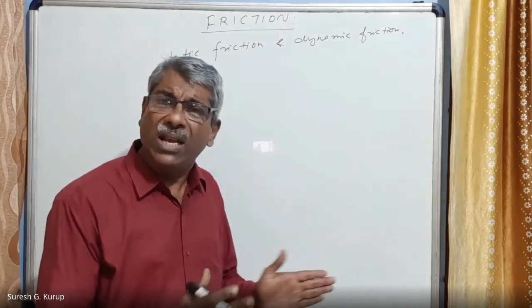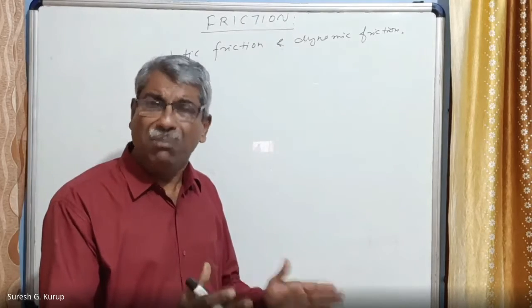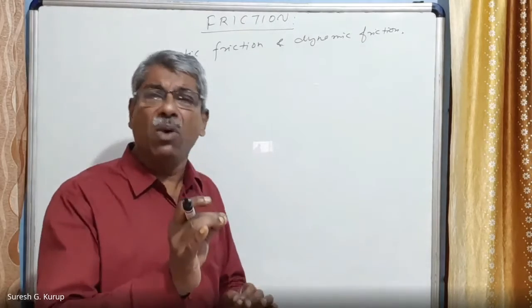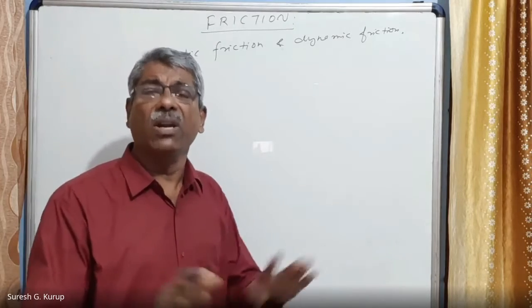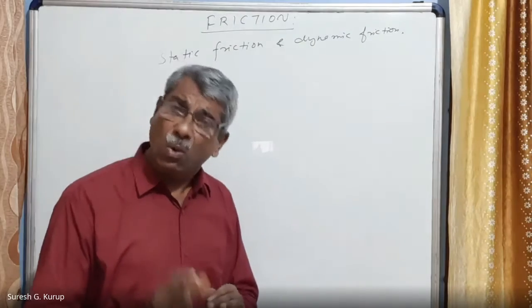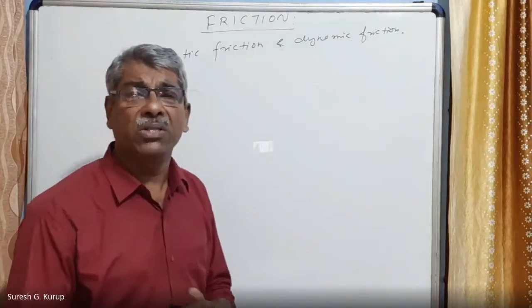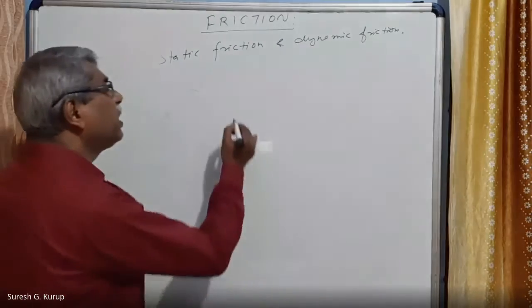Static friction means any value between the maximum and the minimum is called static friction. Simply static friction. The maximum value of frictional force a surface can act on a body is what is called the force of limiting friction. At that time, the body will be in limiting equilibrium. Once the body starts moving over the surface, it is called kinetic friction, right? So this is like a graphical representation.